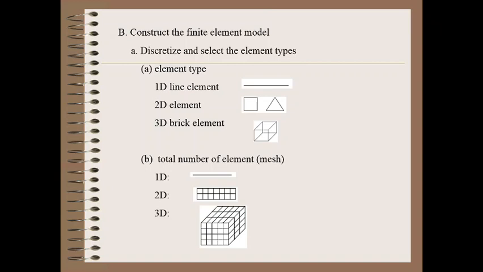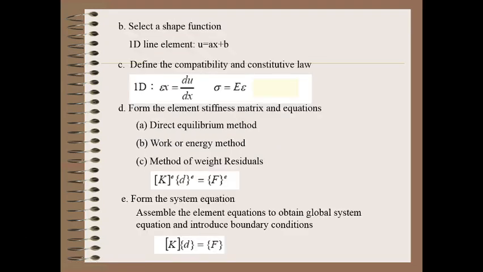In the discretization, a one dimensional element we can't actually divide, but we can separate the line into many lines. In a two dimensional element, we divide the rectangle into many small rectangles. In a three dimensional element also, we consider a cubic element, and it is discretized into many parts.